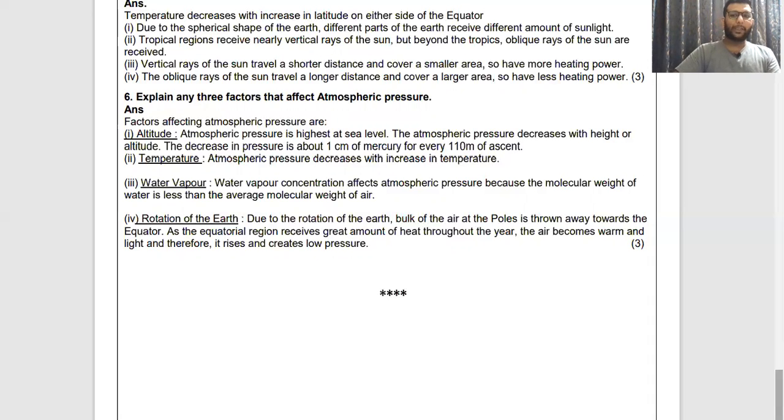Okay. So children, that brings us to the end of the discussion of the model answer. I hope this is going to be beneficial to you. Please do consider this while correcting your papers, while understanding your mistakes, and ensure that whatever mistakes you are doing, underline them. Ensure that you're not repeating it in the next answers or in the next exam. Also, one more important point to make a note of, that most of the answers they've written in the point format makes it very easy for a paper corrector to correct, for you to remember, write it down, and also to ensure that you don't miss out on any of these points.